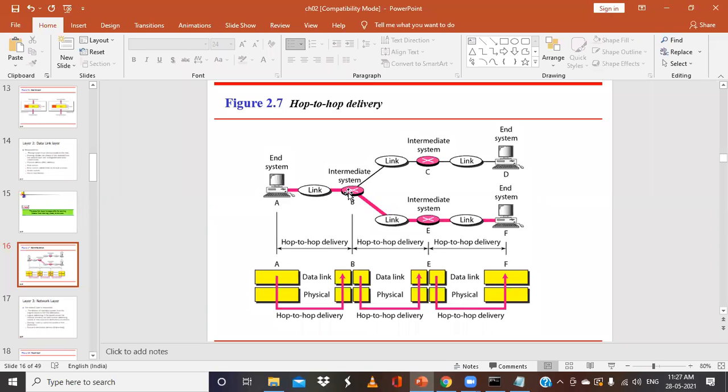So what will this router do? The router will identify what path is available. Basically the task of the router is to find a route, the best route or the shortest route. We have some algorithms for that. So it will select a particular route, and from there it will send the data to the next node. Now, when we talk about sending data from, say, A to F, let us take that example.